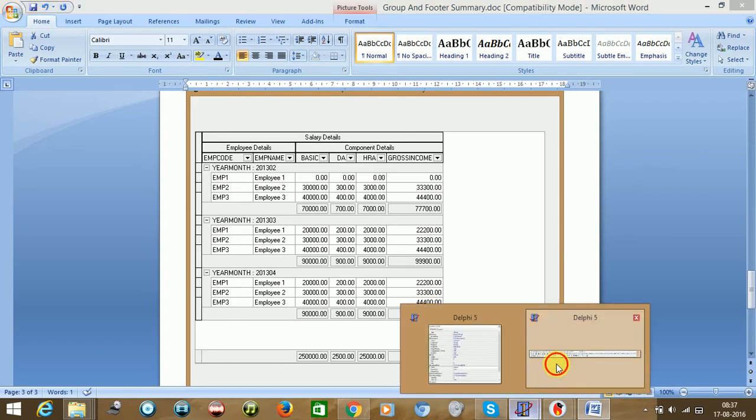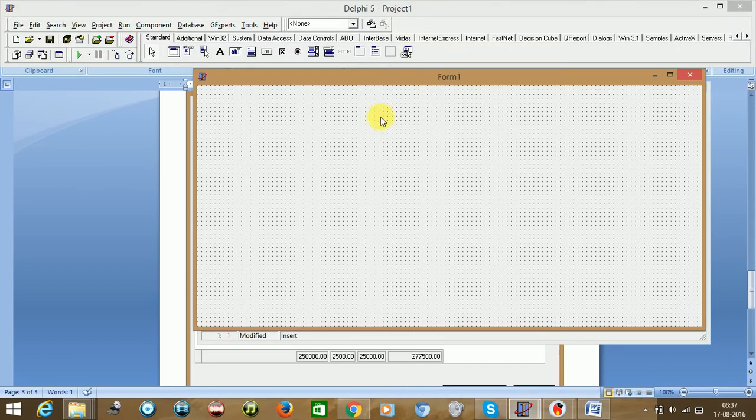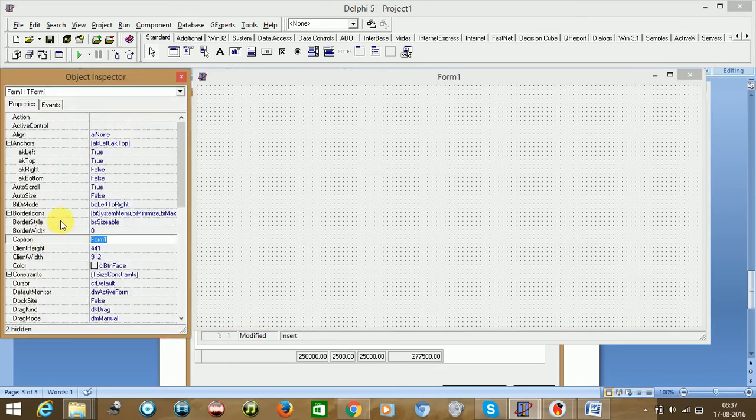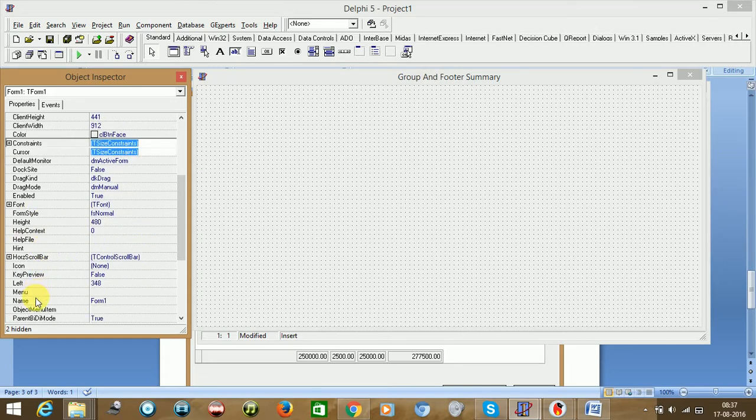Before that, what we would start to do is we have taken one form here, and so just give a name to this form. As caption we will be giving group and footer summary. The name we would like to give here is FRM group and footer summary.